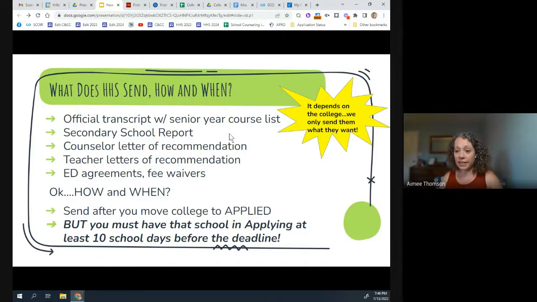So we start running lists. It'll be October 1st. We're going to start running lists, see who has deadlines coming up that are October 15th, so that the counselors can work on those things. Hopefully, they've already got your brag sheet, your activities, et cetera, so they can work on those letters of recommendation. If not, you know where you're going, to the bottom of the pile, because you haven't done what you need to do for them to be ready.